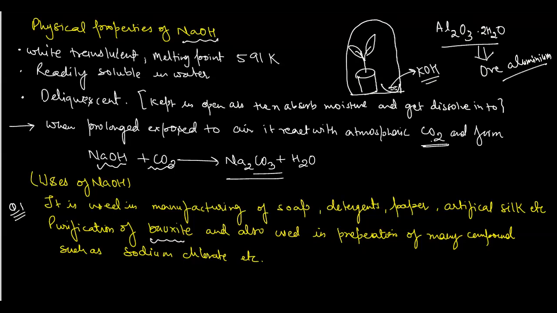Okay. So this is bauxite, an ore of aluminium. These are the important points: it is used for manufacturing soap. We take the ester and react it, meaning it is used for making soap, so remember that. It is also used for detergents, paper, artificial silk, and purification of bauxite. We will study this in the metals and non-metals chapter, and in carbonate compounds and formation of soap, so no need to memorize here. Okay, so let's move further.